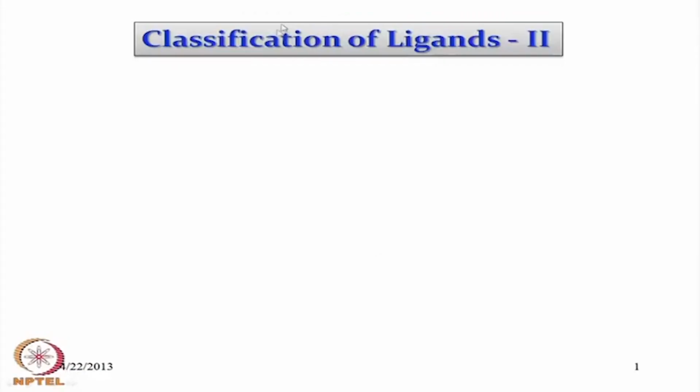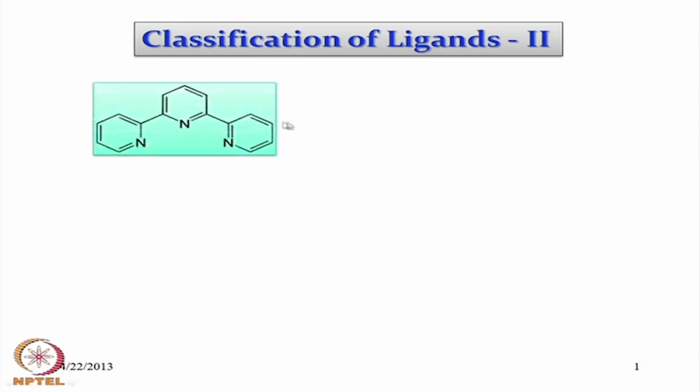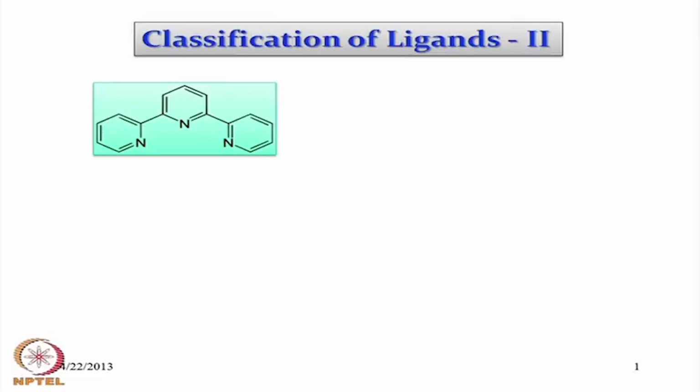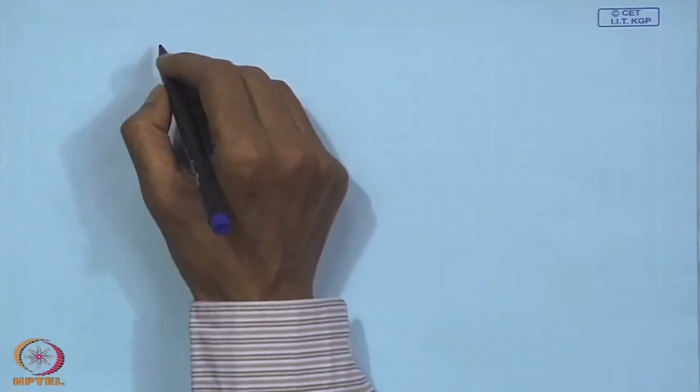In this second part of the classification of the ligands, we will see the first example, which is nothing but 3 pyridine rings attached together from the ortho position of one pyridine ring to the ortho position of the other, and again another ortho position of the nitrogen to the third ring. We can consider this sort of ligand as having similarity with the